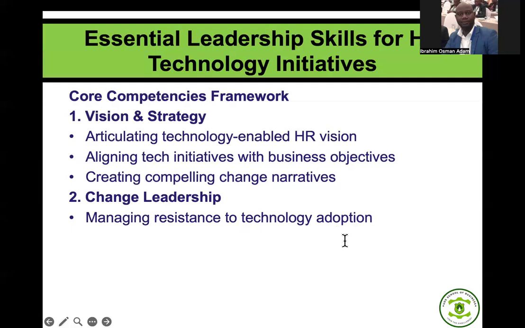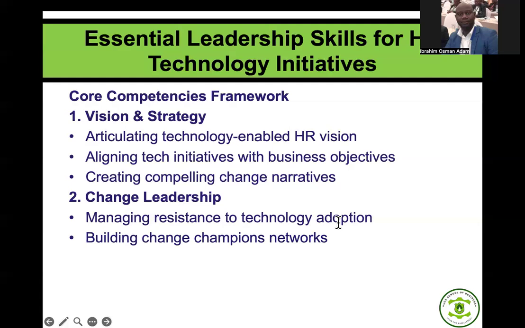Or if the people in the organization were very autonomous and you are introducing the technology and they realize that the technology is coming to take away their autonomy, they will do what? They will resist the technology. So as a leader, you should be able to manage the resistance to technology adoption. Your job as a leader is not to eliminate the resistance per se. But what do you want to do? You want to address the underlying concerns that are causing the resistance. So if they think it is going to reduce their autonomy, you explain to them how the technology is rather going to give them independence and power.